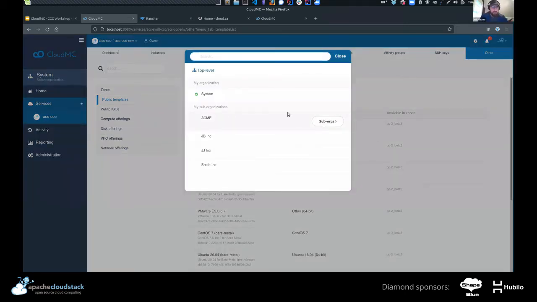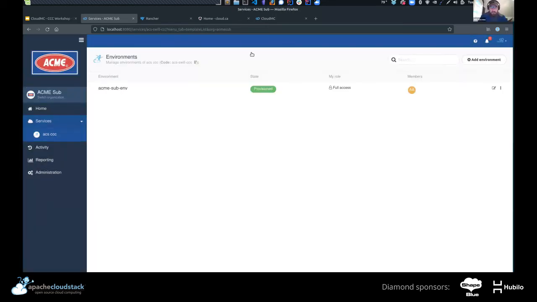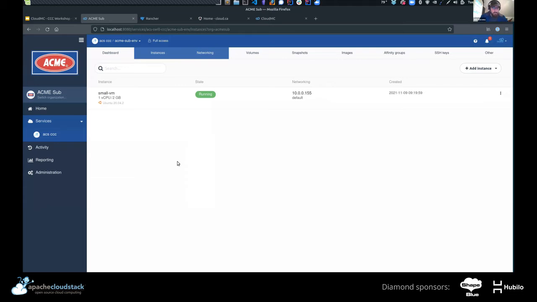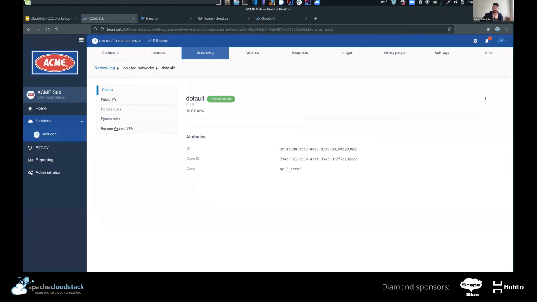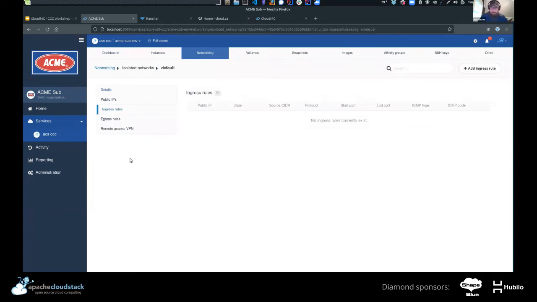I might just have it right here. So this one is an isolated guest network. And so, yes, I'm not sure we support security groups right now. Maybe not. We'll see. We'd have to check on that one.